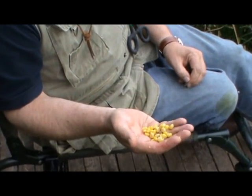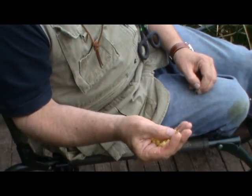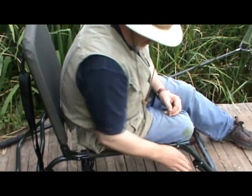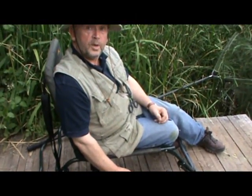Obviously, sweetcorn does tend to get a little bit harder as time goes on. Luncheon meat is also a very, very good bait here. What I'm using to draw the fish into the swim, apart from sweetcorn free samples which I'm catapulting around the float,